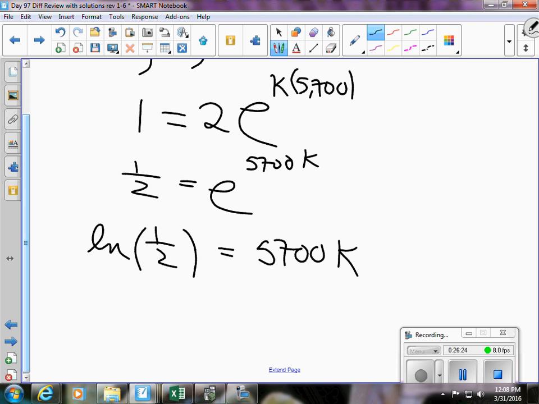Yeah, thinking an ln of a decimal. Can't we be a little more sophisticated than that? Ln of 1 minus ln of 2. Ln of a fraction, log of a fraction, is the log of the numerator minus the ln of the denominator. Why would you do that? It looks so much worse. Because what's the ln of 1? 0. So,